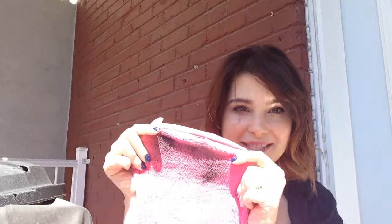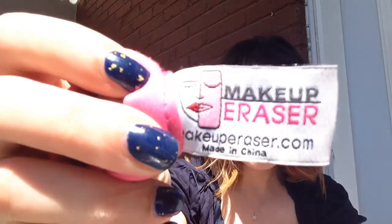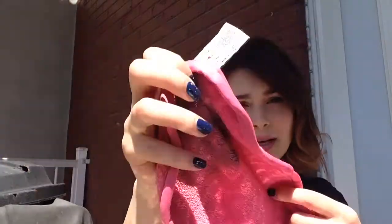Another thing that I wanted to mention is the makeup eraser. I kept mine dirty so you could see what it looks like since last night. This has been widely available in Sephora, on Amazon. You can get it in multiple places, including their official website, which is makeuperaser.com. And there are some dupes out there. I don't know whether the dupes are as effective as this, but what I can say is the makeup eraser is very effective. It's a microfiber cloth,